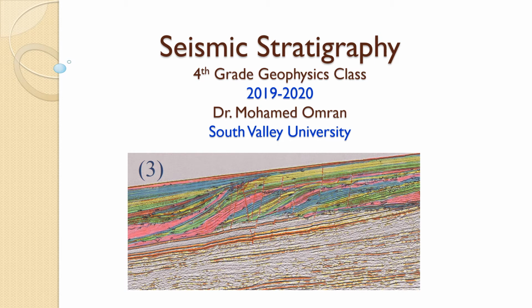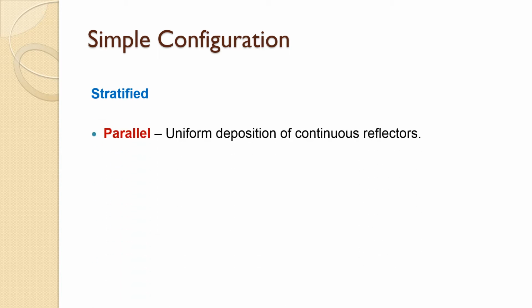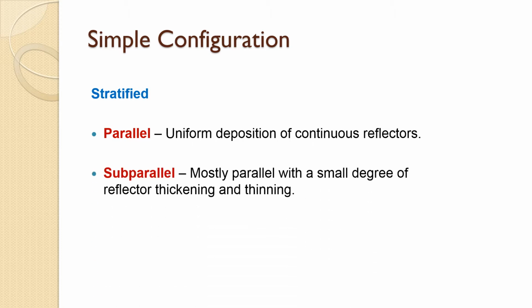This is the seismic reflection configuration lecture. We will continue talking about configuration. The first one is simple configuration, and this is stratified. You mean you have a lot of bedding planes. Either you can see parallel uniform deposition of continuous reflections, or something similar to parallel, which is sub-parallel, mostly